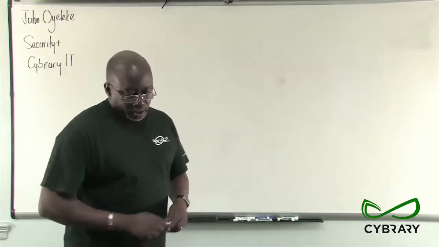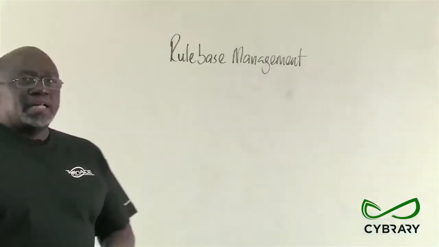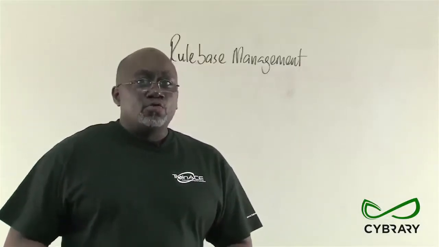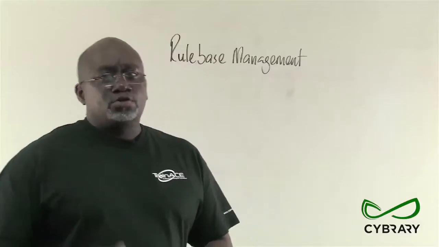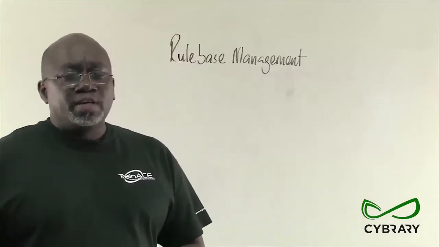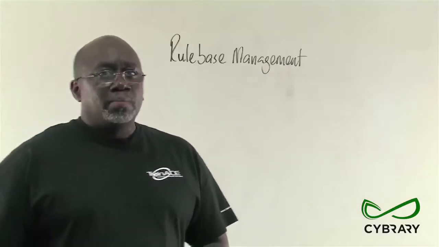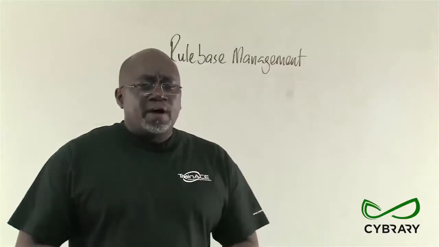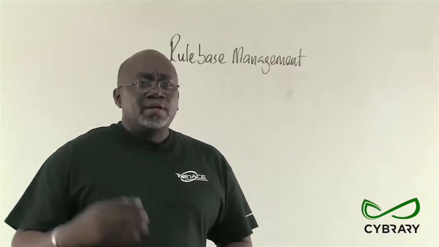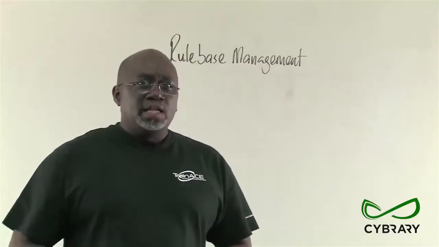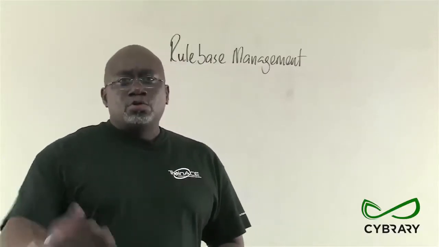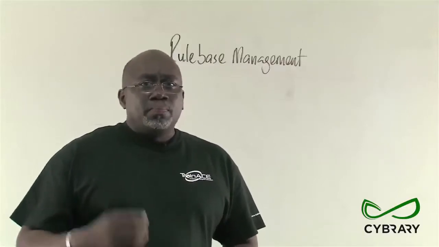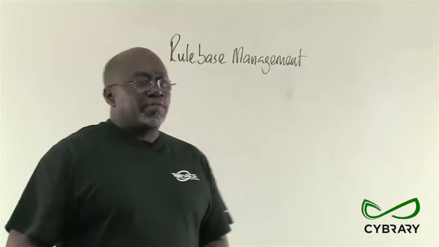We'll start off with rule-based management. Rule-based management typically applies to our firewalls where we set up a set of rules to dictate what type of traffic should be allowed in or out of the network across the firewalls. The network administrators will follow the policy to configure the firewalls in such a way that only traffic that is meant to leave the network can leave the network, and only traffic that should come through the network should come through the firewalls. So based on these rules, which we call the firewall rules,